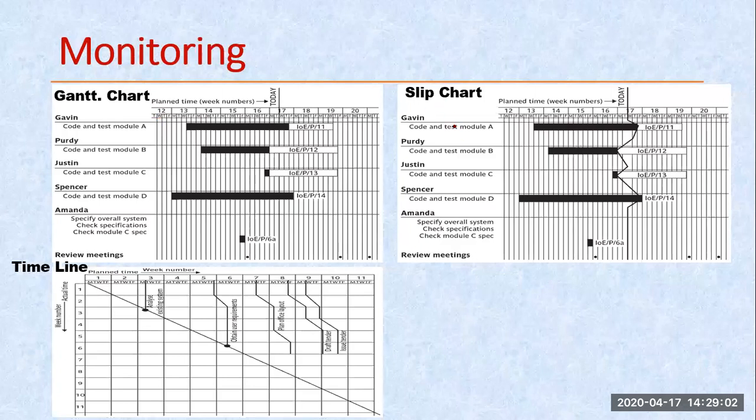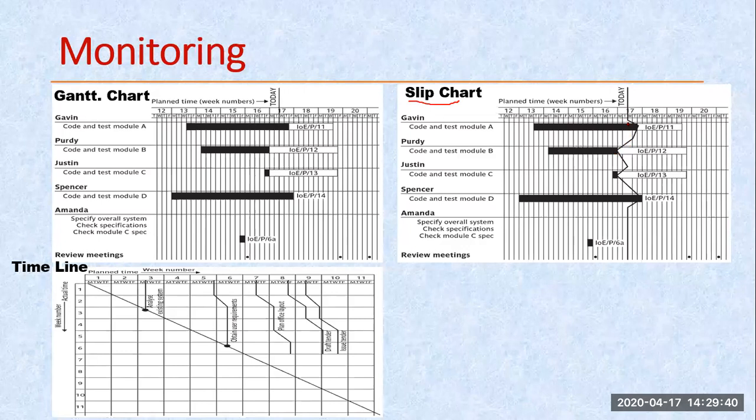The first one is my slip chart. As the name says, it shows how much we have slipped from the current date. If I check this particular one, this line is tilted towards the right side. If it tilts towards the right side, it means we are ahead of the plan. We are able to execute that task before the actual time shown in my plan date. If this deflection is towards the left-hand side, then this task is not achieved as per my planned date.